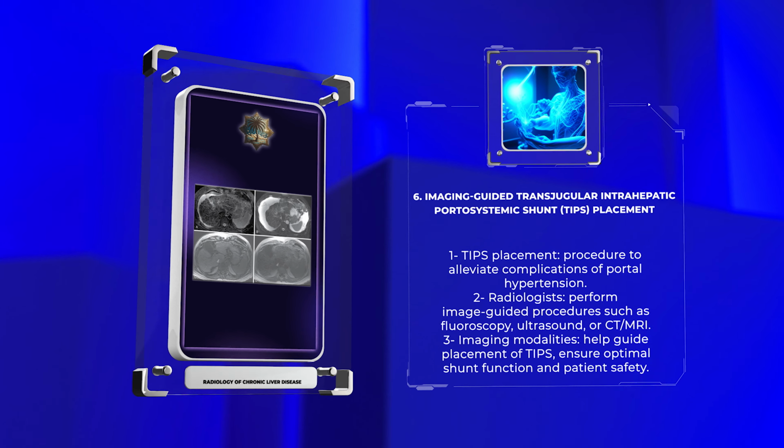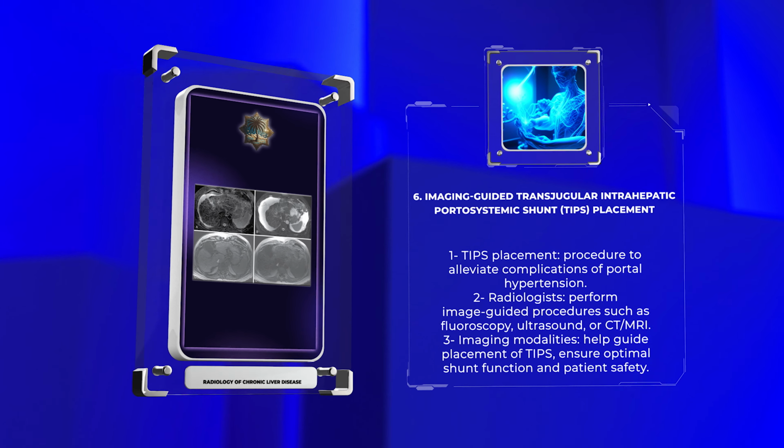Hepatic arterial infusion pump therapy is a specialized treatment option for selected patients with liver metastases. The pump delivers chemotherapy directly to the hepatic arteries, maximizing drug efficacy while minimizing systemic side effects. Radiological evaluation plays a crucial role in the monitoring of hepatic arterial infusion pump therapy by assessing pump function, catheter position, and treatment response. CT or MRI can be used to assess changes in tumor size, perfusion, and response to